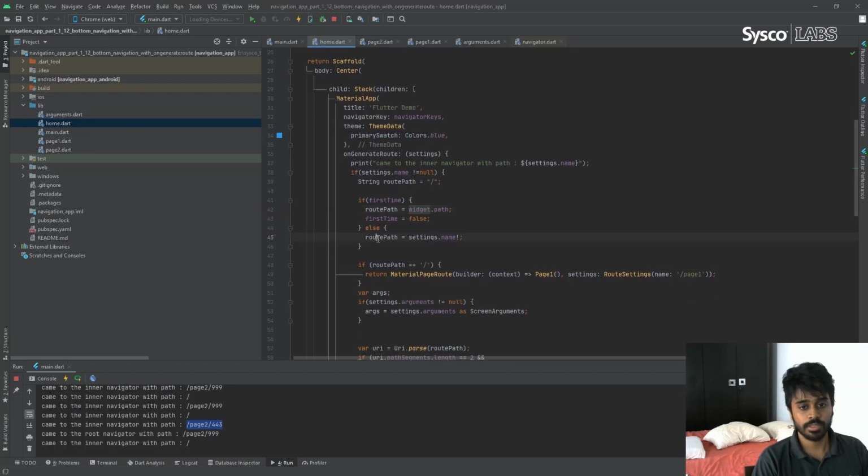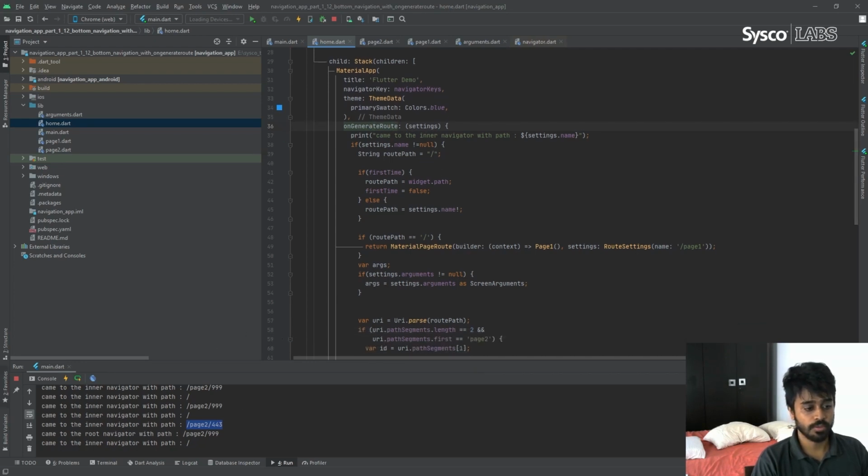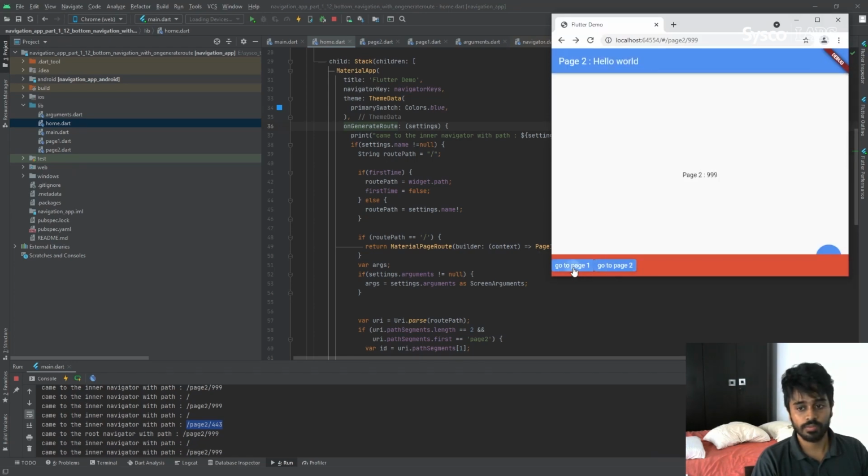Otherwise, I'm using the path which is given from our onGenerateRoute here, from the inner route, so the inner navigator. So using those two methods, now if you navigate, it will always go to this else, because it's not the first time, and set the name here.